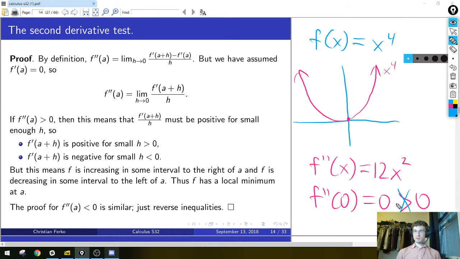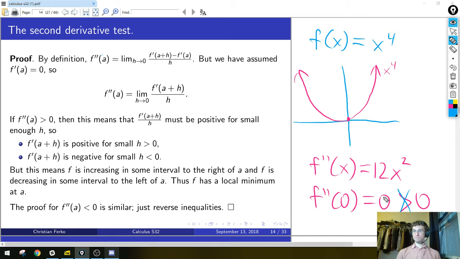So there's something fishy going on here, because we found that if you know that you have a positive second derivative when the first derivative is 0, you have to be at a local minimum. But this x to the 4th business gives us an example where the second derivative is not positive, but we still have a local minimum. Right, so apparently it doesn't go the other way. The converse isn't true. But you might guess, okay, well,